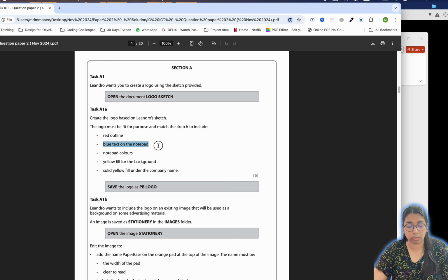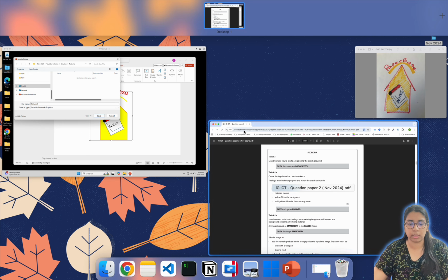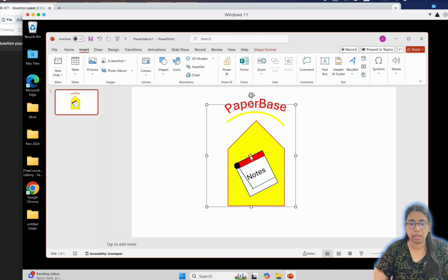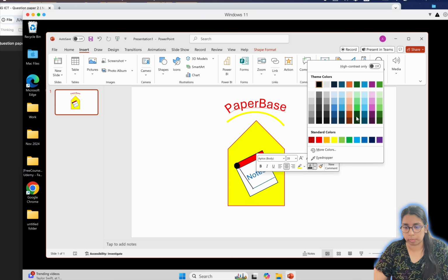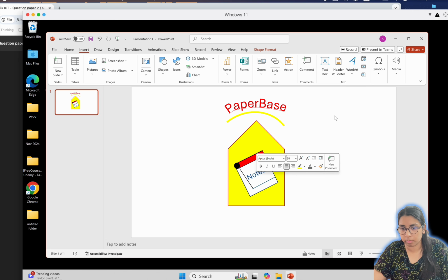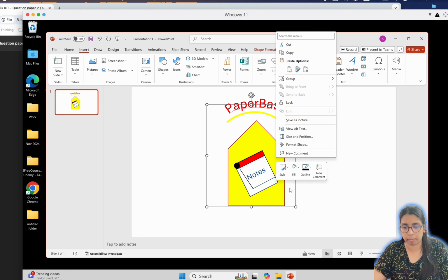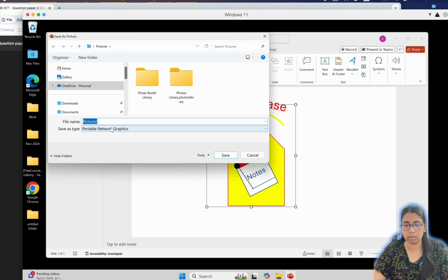So we added the red outline, right? Blue text on the notepad. No, I think I added a black one. Notepad color done. Yellow fill for the background. Solid yellow fill under the company name. Okay, so this is all done, but this is the thing that I didn't do yet. So maybe I will just change the color to blue. Yeah, I think it's done. So now I will again